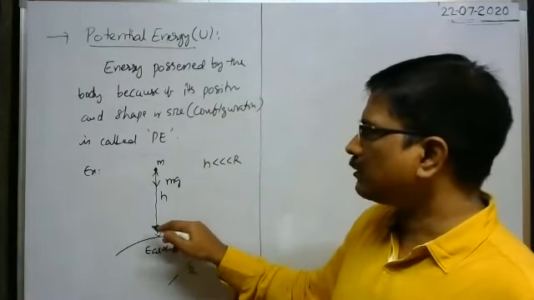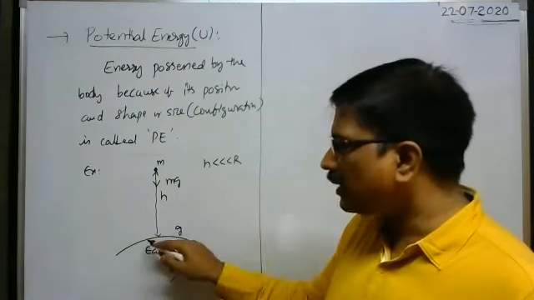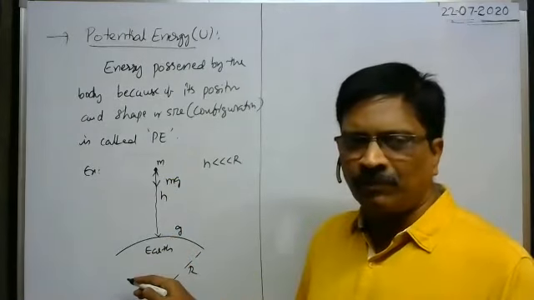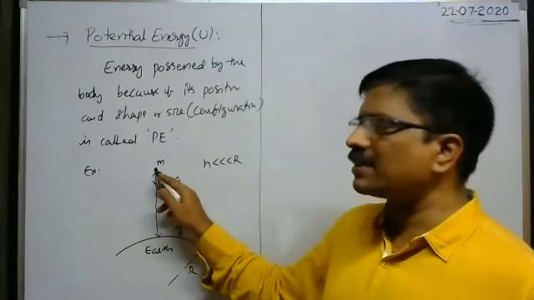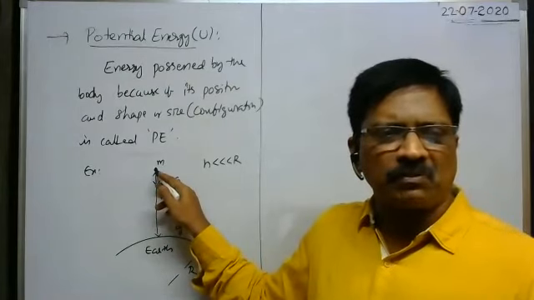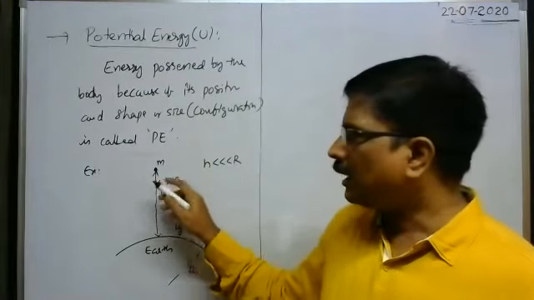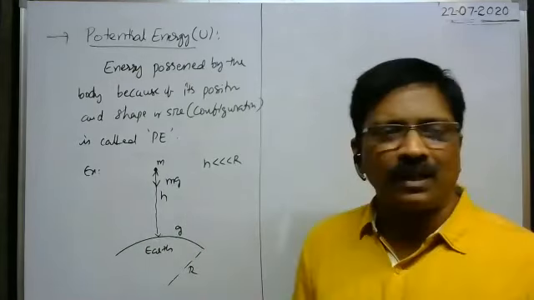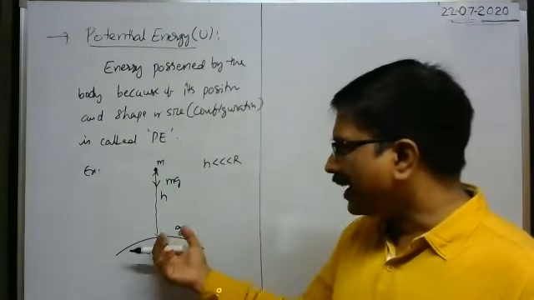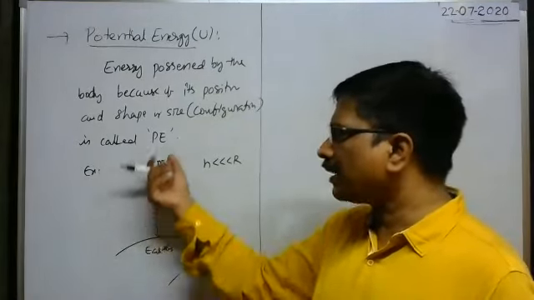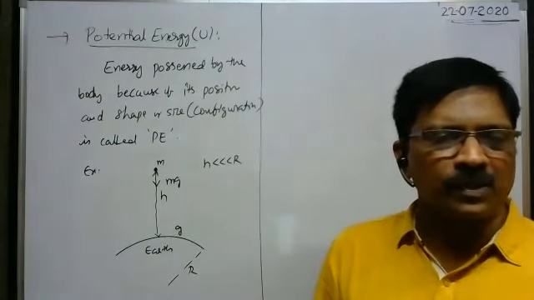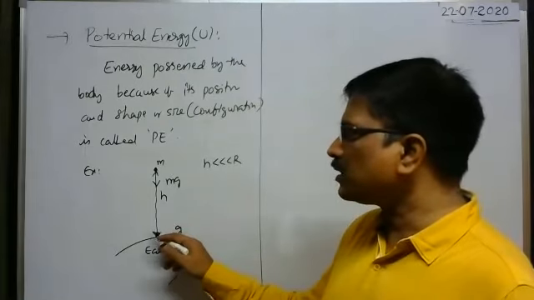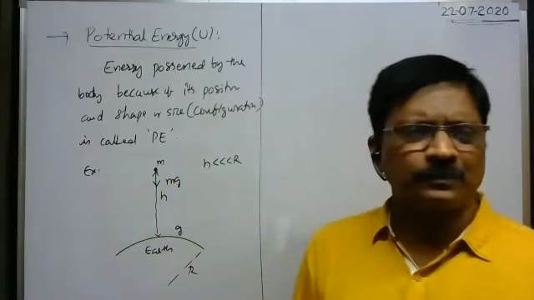But the same force, whatever force acts on the earth because of this mass m, the same gravitational force acts on the particle due to the earth. But as the mass of the particle is very small, because of that gravitational force the particle is attracted towards the surface of the earth with acceleration g. That is called acceleration due to gravity. That's why, because of the gravitational force of attraction, the particle comes towards the surface of the earth. In this case, is the work done by the gravitational force of attraction on the particle positive or negative?